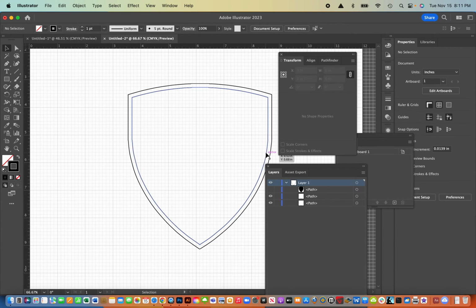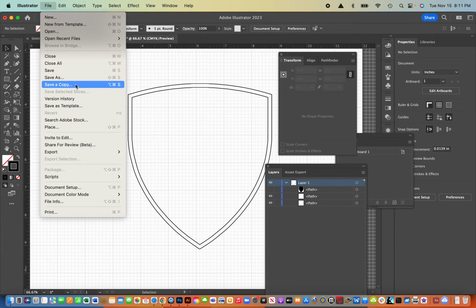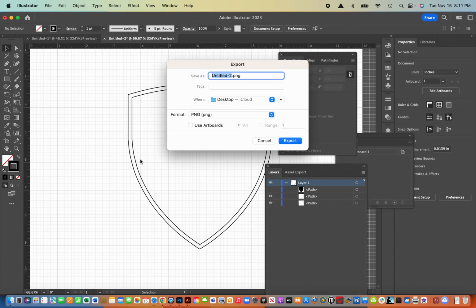That looks pretty good. So this is going to be kind of the border that I'm going to extrude. So what I'm going to do now is a File, and I think I'm going to need to export it, because I'm going to save this and open it up in Photoshop, and in between those two stroke lines I want to fill it black, because I'm going to extrude that in